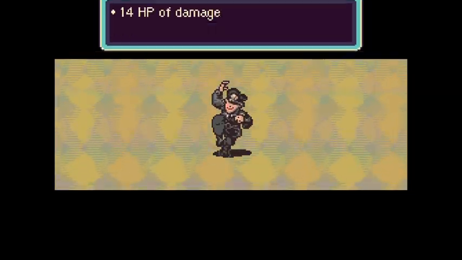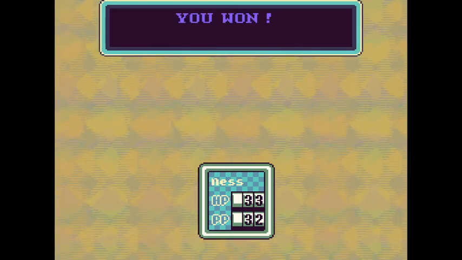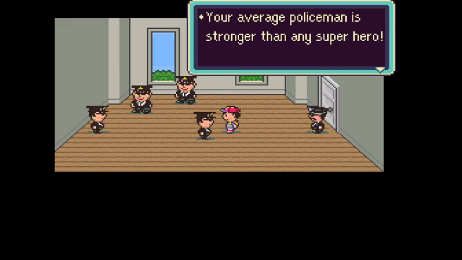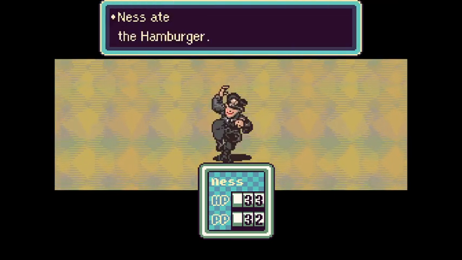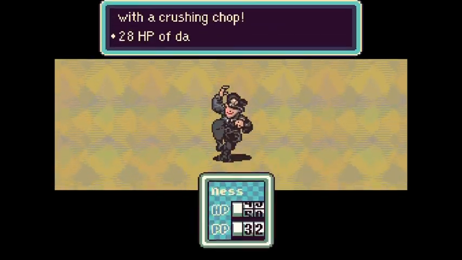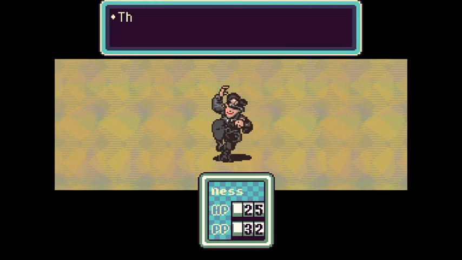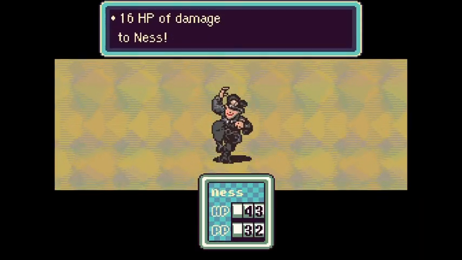I don't like this. Police brutality, beating up a 12-year-old. I mean... You're tough. You should join the police force. Your average policeman is stronger than any superhero. I seriously don't like it. Thank you, Ness. Why do you always open with a strong attack? Propaganda? I hate...